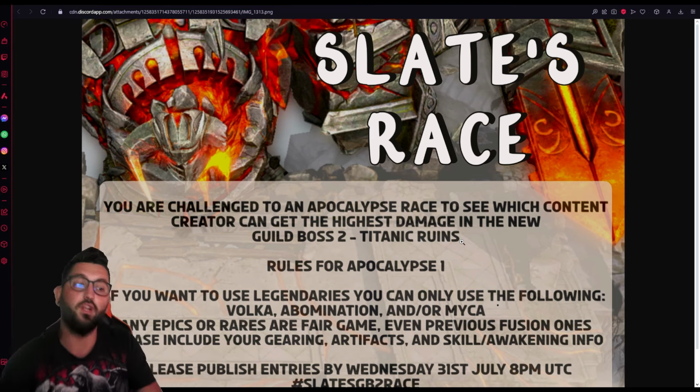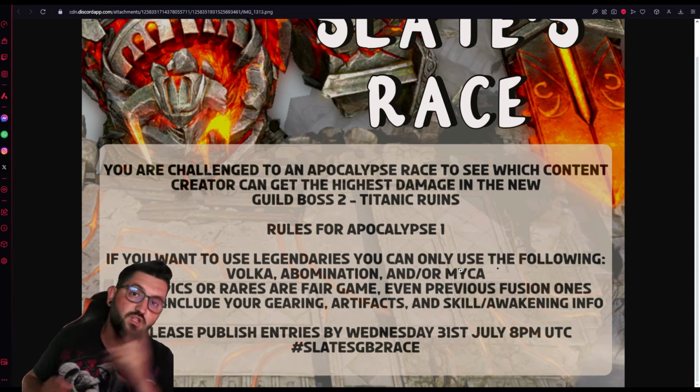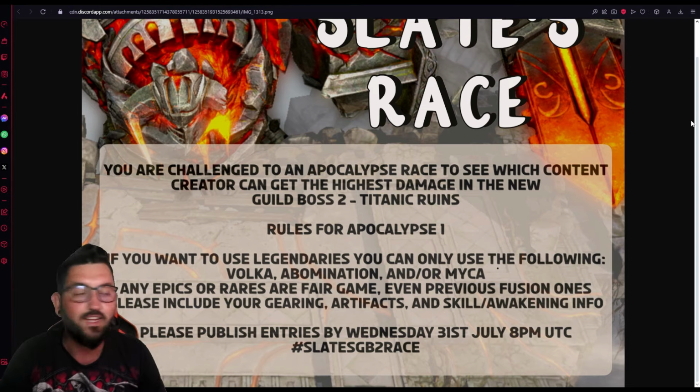So if you want to try it out, go for it. The whole idea is basically, TLDR, we can use any epics or below, and the only legendaries are the free ones like Volca, Abomination, and/or Micah. So that's going to be the challenge, and that's something that I'm going to try to do later this month,